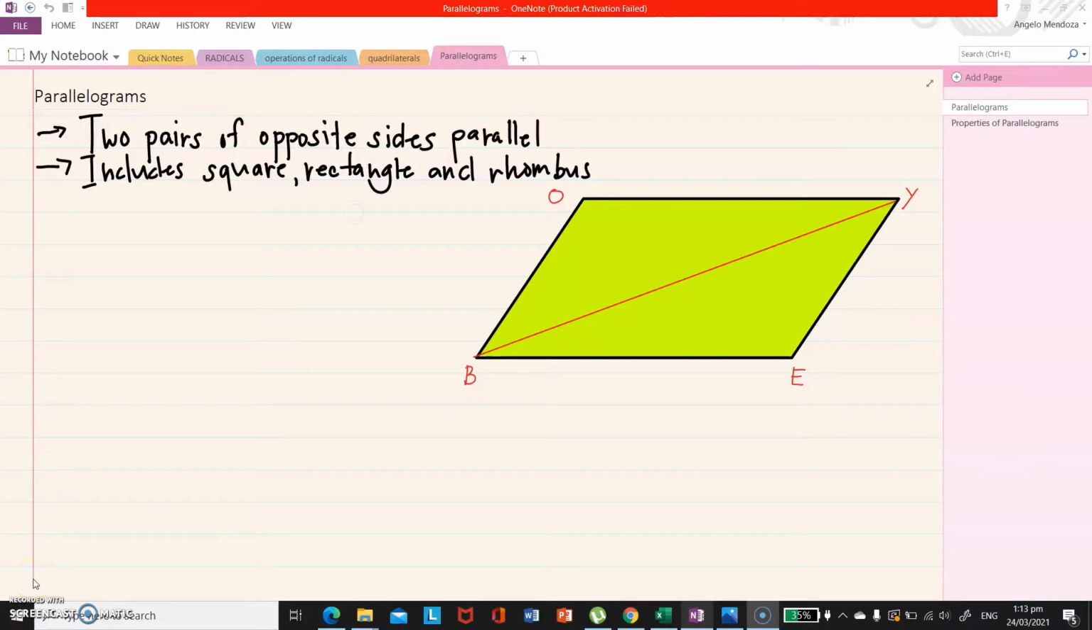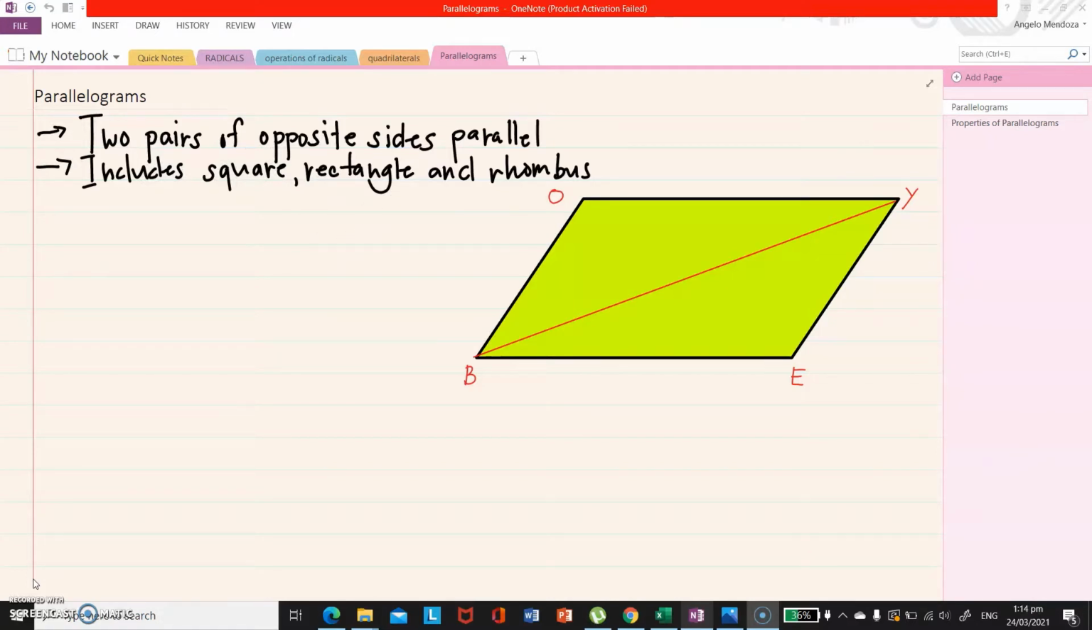Okay, so dumako naman tayo sa parallelogram. So, natapos na natin yung basic and secondary parts ng quadrilateral, and that includes also the family of quadrilaterals. So we're going to discuss now dun sa isang family ng quadrilaterals which is parallelograms. Okay. So when we say parallelograms, it has two pairs of opposite sides parallel, and it includes square, rectangle, and